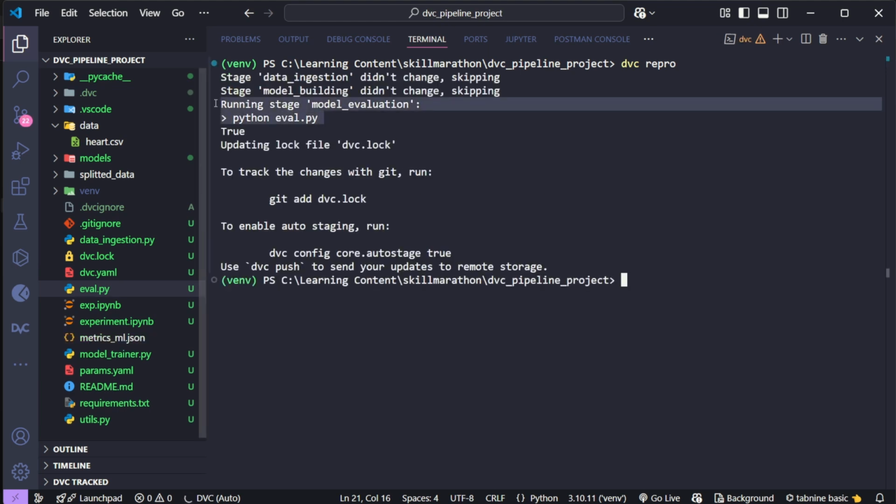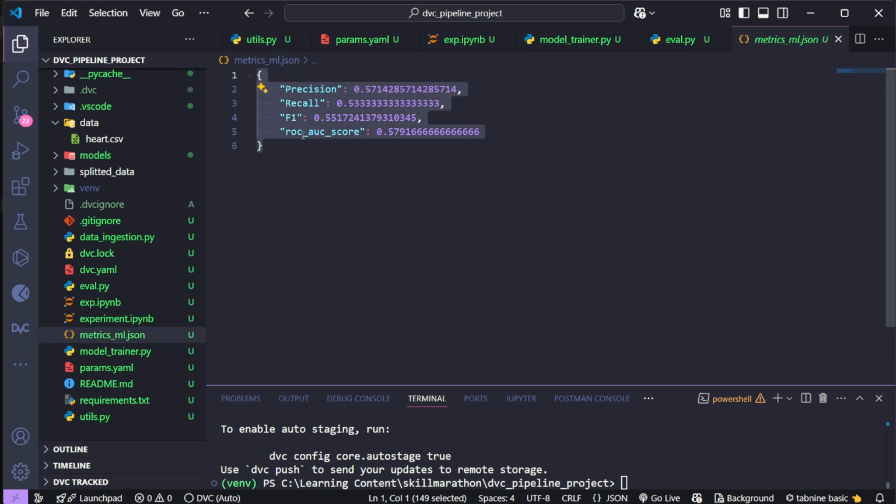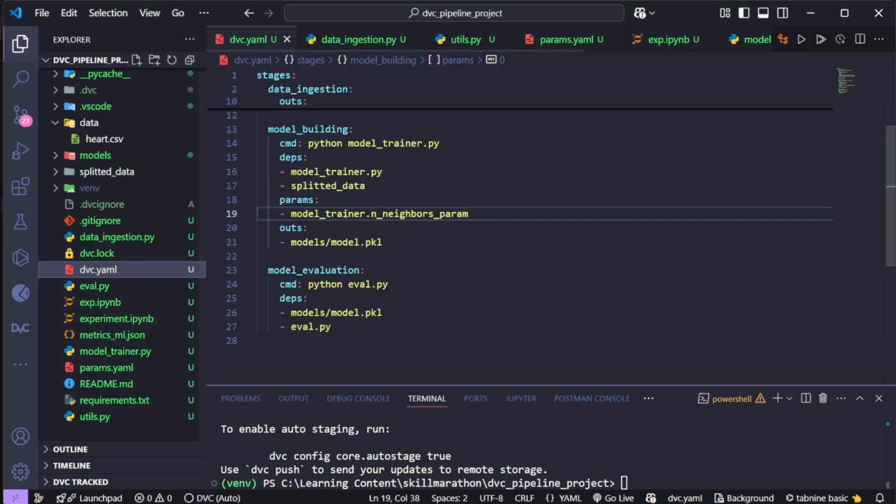Evaluation is running because we made changes in the evaluation code. Right. And now can we see some matrix ml.json is created here? Right. Now one change we need to do in the dvc.yml file. What changes? If I come in this dvc.yml file,